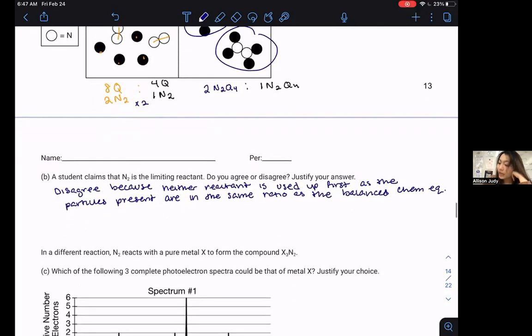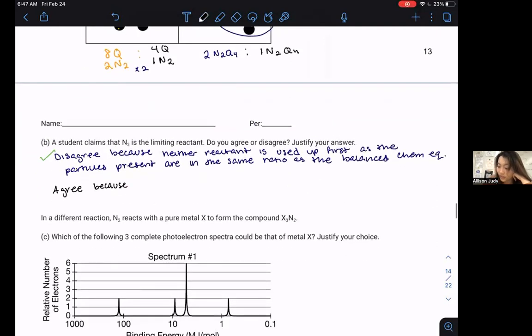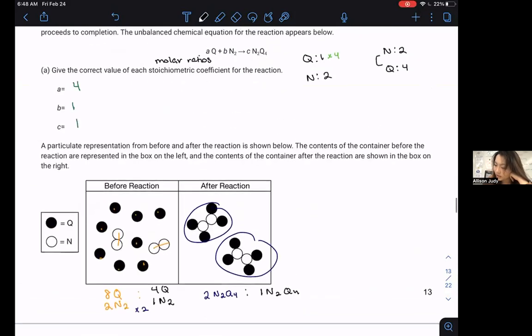Okay, that's totally valid. That is one totally okay answer. The AP would also accept you saying agree. And here's why. You could say agree because according to the stoichiometry, according to the molar ratios of the balanced chemical equation, according to the ratio of the balanced chemical equation, N2, okay,